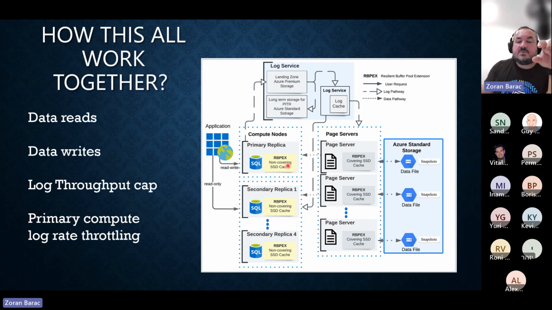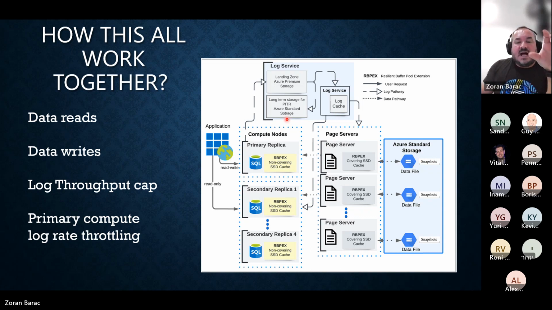So actually it's a get page command. I would say page, and stick with page. It's going to be a get page LSN request. The log service is going to tell which page server has that data, and it's going to be counted as a remote read. So this is the fastest, this is the second fastest.